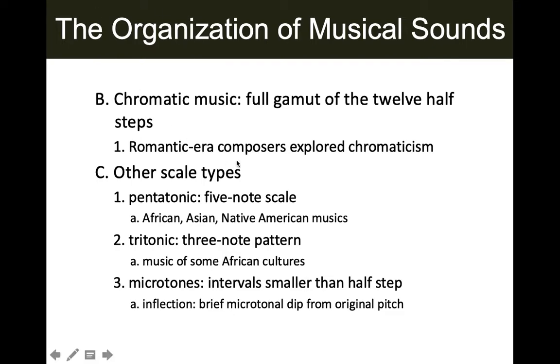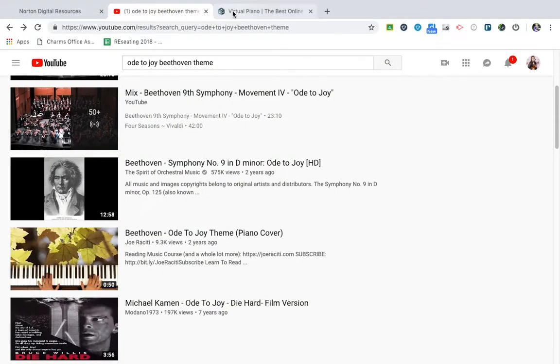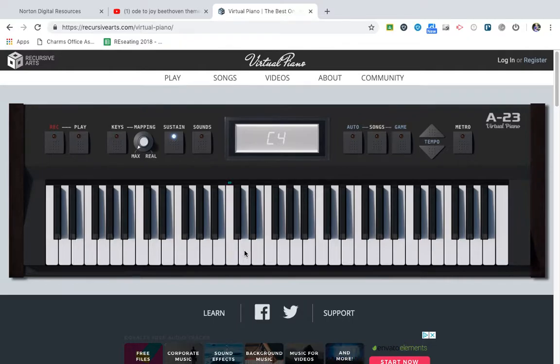However, when you get to Romantic era music and further on, chromatic music is more used. So it uses all the 12 half steps. It doesn't just stick with the basic notes. So for example, this would be an example of diatonic. A scale, or